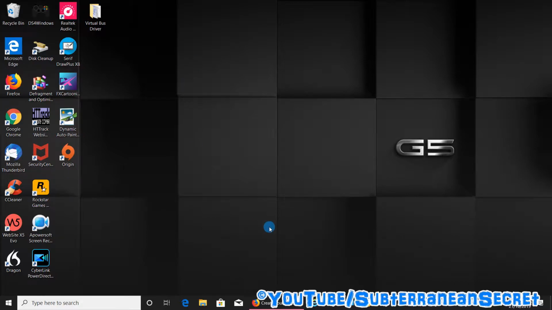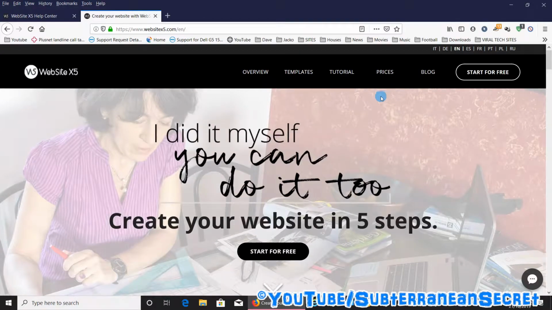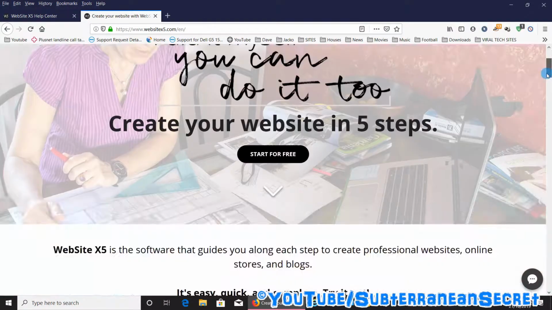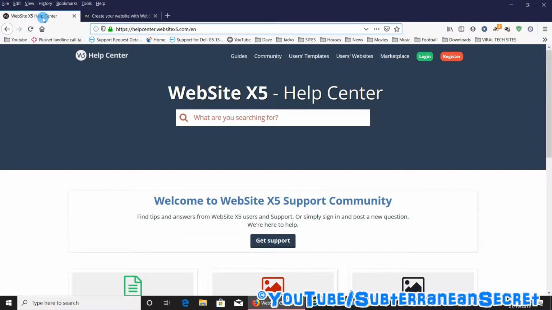So if you go to the main Website X5 homepage, there's no download link anywhere to be seen, either in the top toolbar or on the bottom taskbar. So what you literally need to do is go to a different web page. This one is called helpcenter.websitex5.com. I will put this link in the description so you can just click on it and go straight to